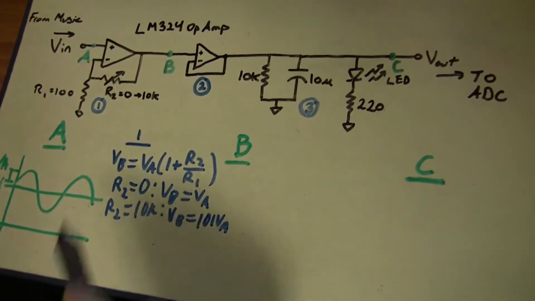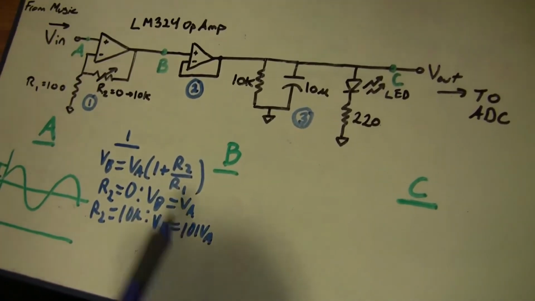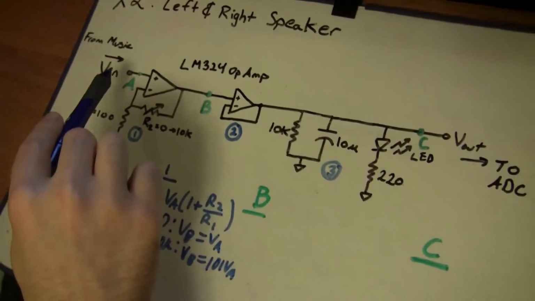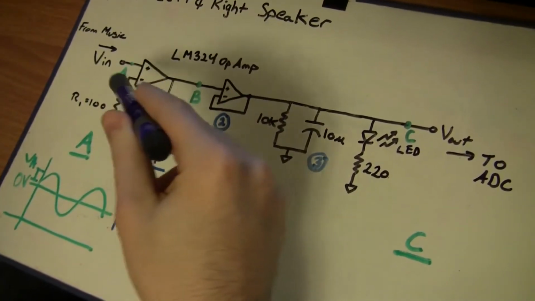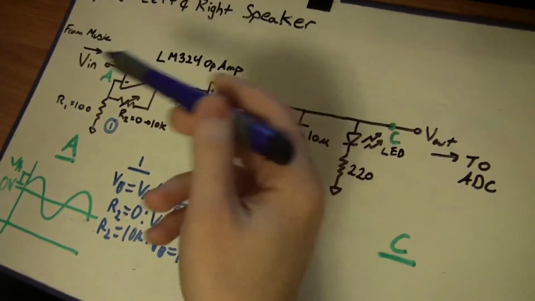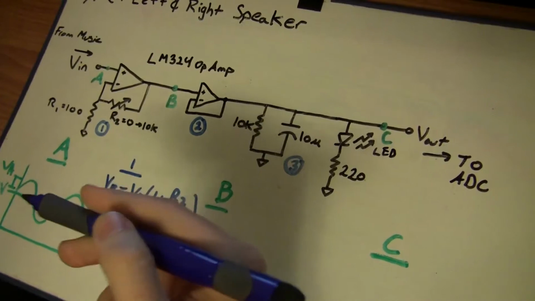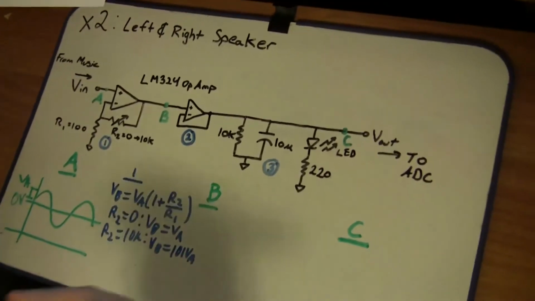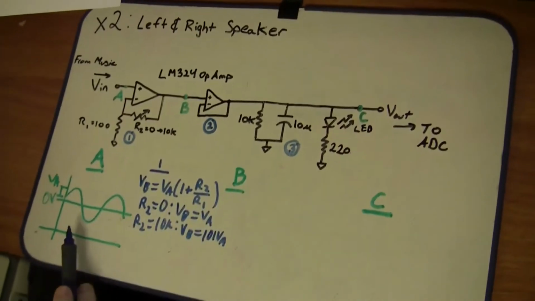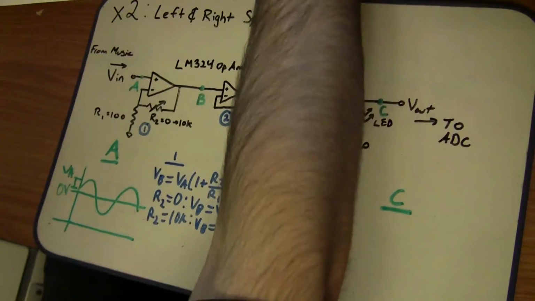So one thing important to note here is just because this claims that it has 101 gain does not mean you could feed in a small voltage of maybe 1 volt and get 100 volts out, because the op amp itself has a positive high volt rail and a negative rail of ground, which means that basically if it tries to amplify up to 100 volts, it'll only actually reach 5 volts. At the same time, if it tries to go negative, it's only going to amplify down to ground,